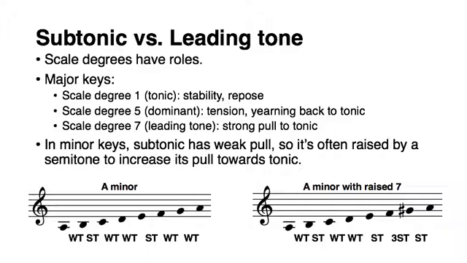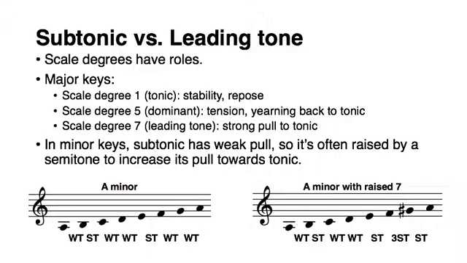Right? There's a reason why we play scales from scale degree 1 to scale degree 1, because that leading tone, that scale degree 7 in major scales, has a very strong pull to do. And once again, we found stability and repose in the tonic, in scale degree 1. That strong gravitational pull that the leading tone exerts on the tonic, to go back to tonic, that is partially